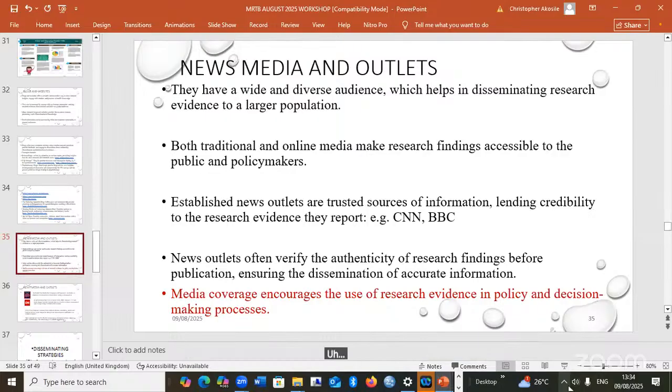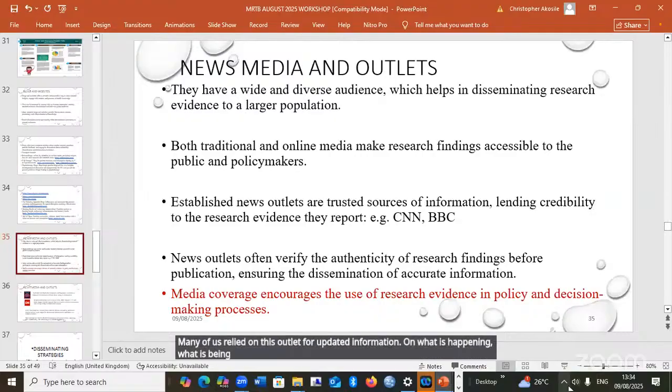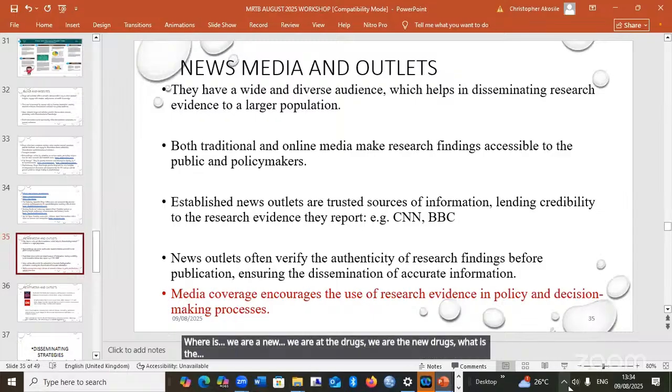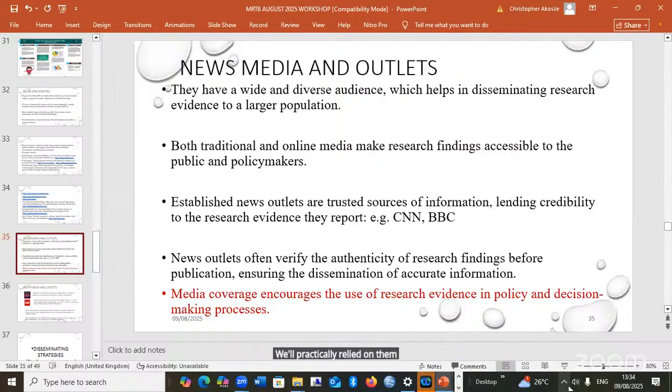Channels Television in Nigeria, cable networks in the US, BBC, Al Jazeera. During COVID, many of us relied on these outlets for updated information on what is happening, what is being discovered, where are the new drugs, what is the situation with the tests being done on the drugs. We practically relied on them during the COVID outbreak.